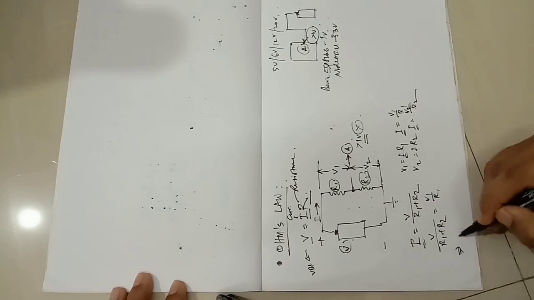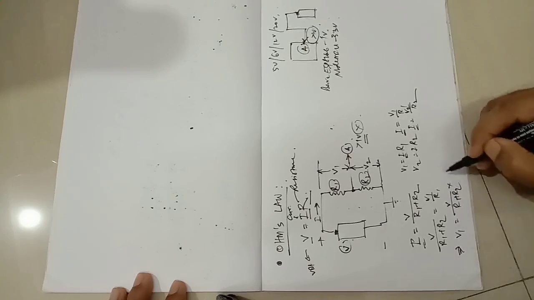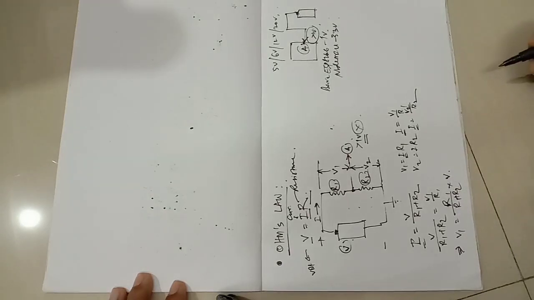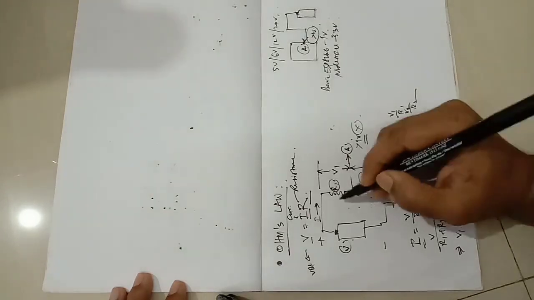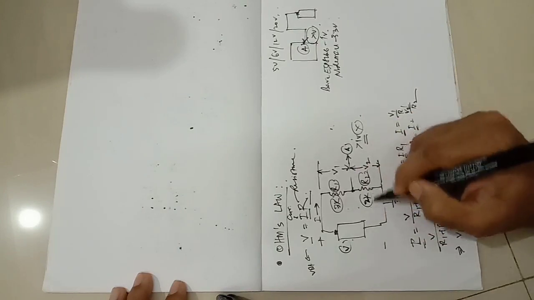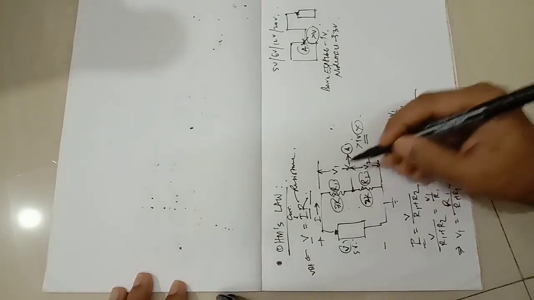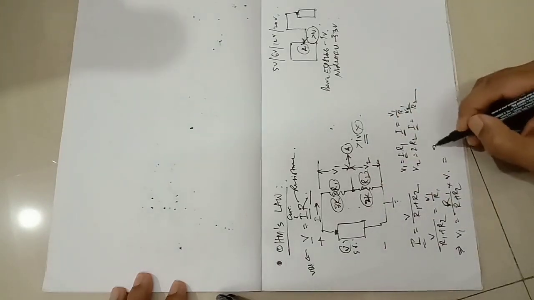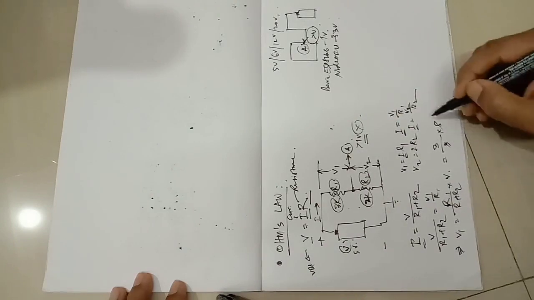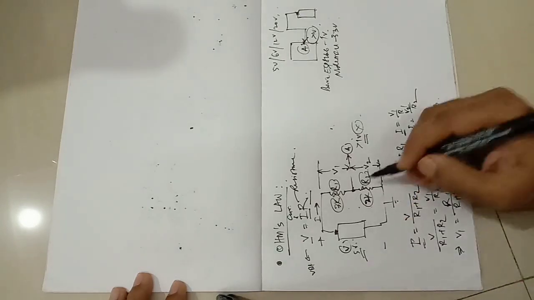That means V1 is equal to R1 divided by R1 plus R2, into V. So if this is a 3 kilo ohm resistor and here you have a 2 kilo ohm resistor and this is a 5 volt battery, then what will happen? Then the V1 volt drop here is equal to 3 by 3 plus 2, that is 5, into 5 volt battery, which is equal to 3. So the remaining 2 volt drops here in V2.